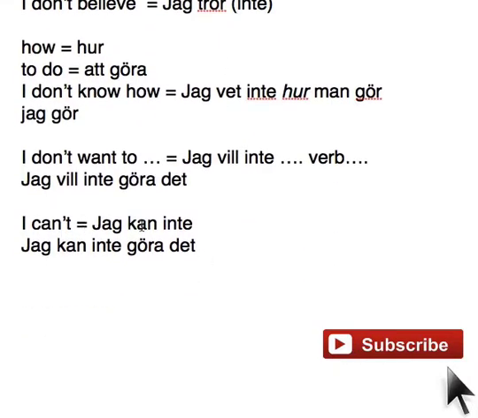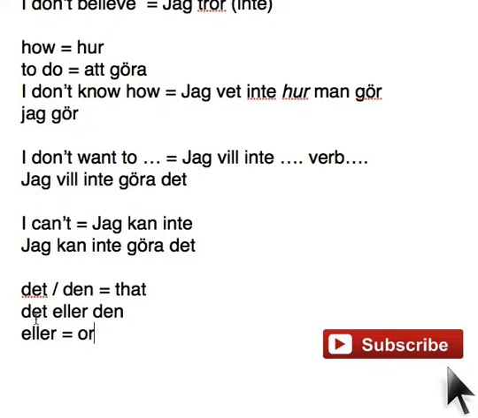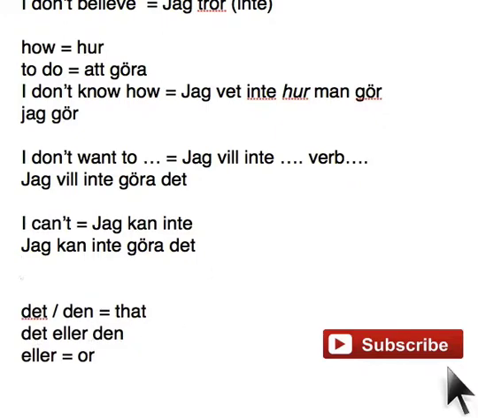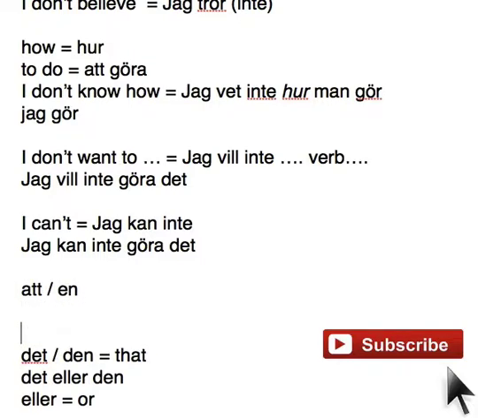Alright, so I can't. Jag kan inte göra det. I can't do that. That means that, alright? In Swedish we have det or den, which means that. How do you know if it's det or den? Det eller den means that or that. That is if the word is an ett word or an en word, because in Swedish we have